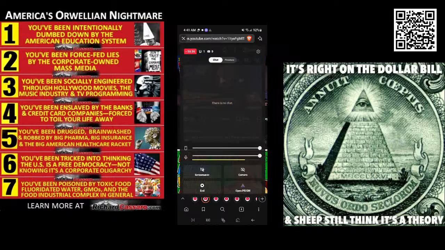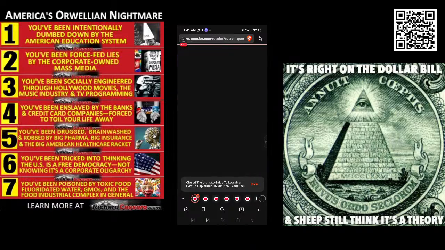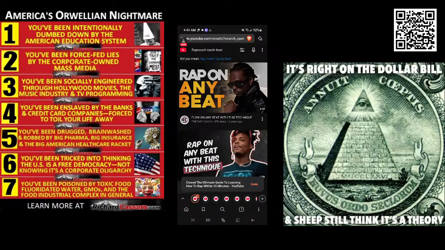Rapping is not that hard, man. You know, if you could rap without the beat, you could probably rap on top of the beat. The problem is you don't know where to put the words. That's the problem. And it's no different than a puzzle, right? It's like Tetris, the video game Tetris. You gotta fit every piece where it belongs, right? Or like a puzzle, you gotta fit every piece where it belongs to make your picture, right?